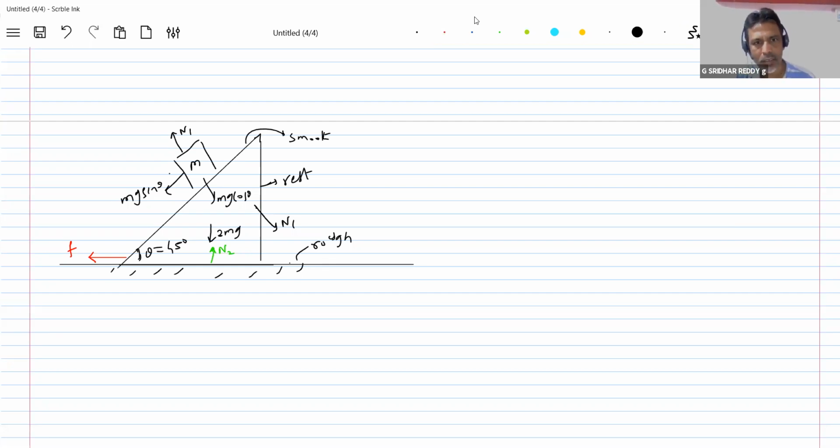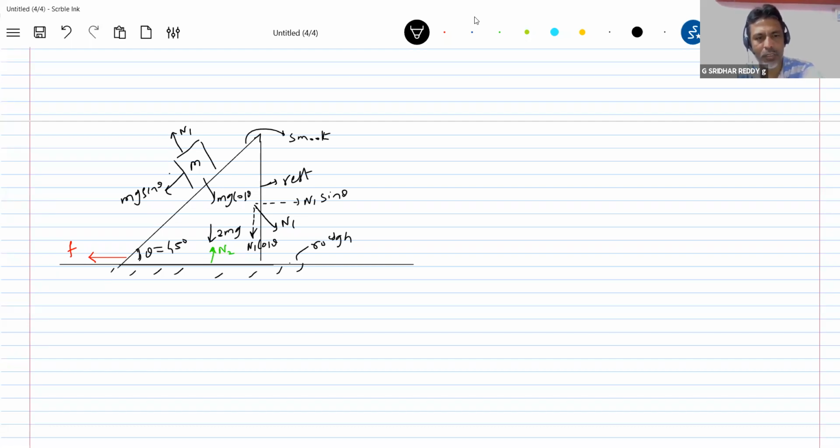So here you can look at this n1. So this n1 sine theta will try to shift the wedge towards right. And since the wedge is kept on the surface, the ground will exert a frictional force on the wedge towards left. And under action of n1 sine theta and the friction, the wedge is at rest here. So if you resolve this force, n1 sine theta, this will be n1 cos theta. Try to look at the difference. So first we'll get the n2 now.